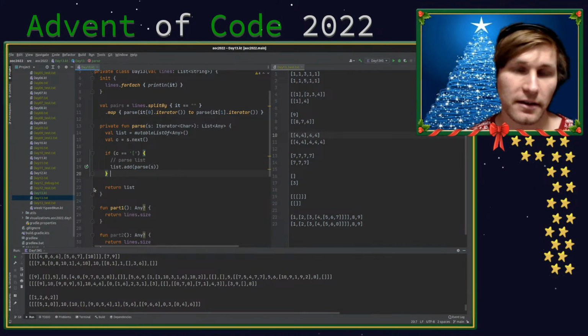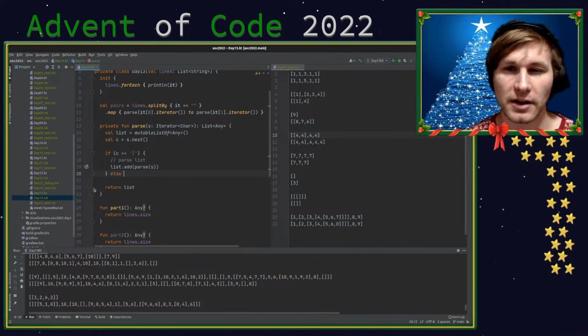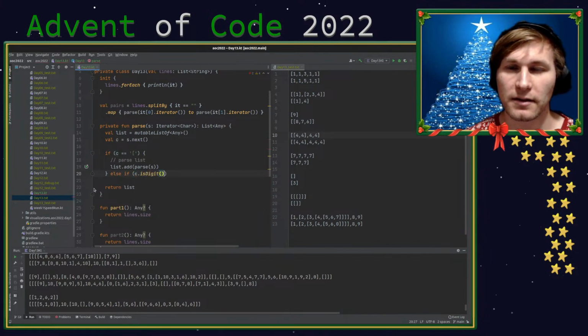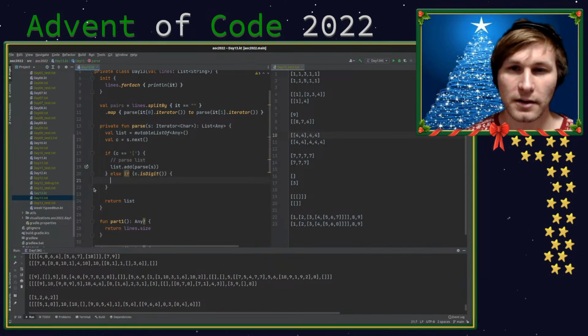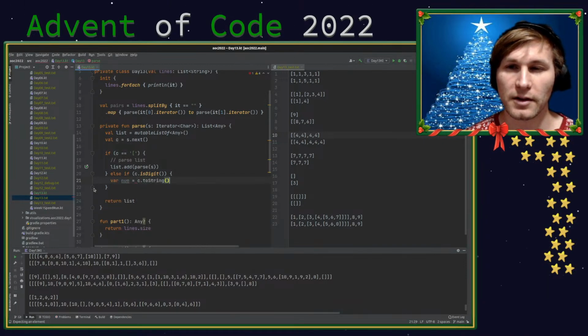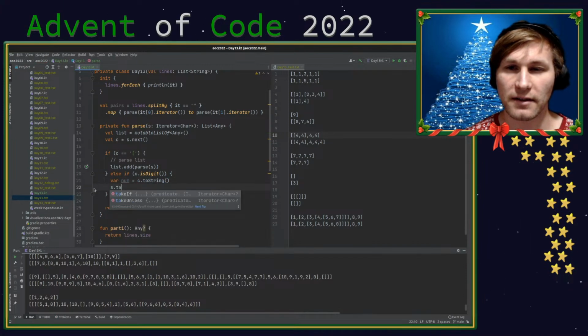Okay, I guess this is fine. Else if c dot is digit, then we'll say var num equals c dot to string, and then I'm going to say s dot take